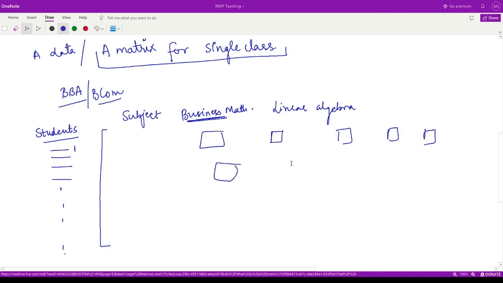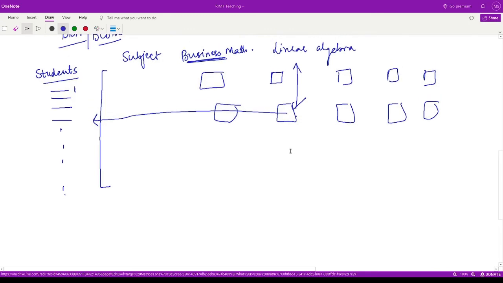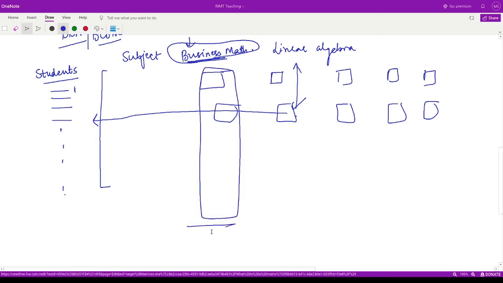So you see I have different numbers listed down here in the form of an array, where each number corresponds to a certain subject and each number here corresponds to a certain student. So you see how easy it is to look at this data and to tell which marks belong to which student and which subject. So that now if I have to make a calculation, it would be much easier for me to make such a calculation, because say if a subject teacher from business mathematics wanted to see how the students have scored in their subject, in that case I can directly take the average of all these numbers and then make a conclusion here.